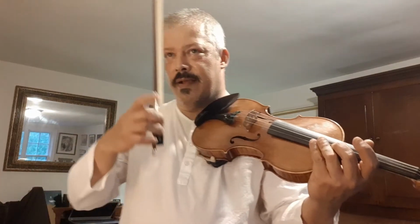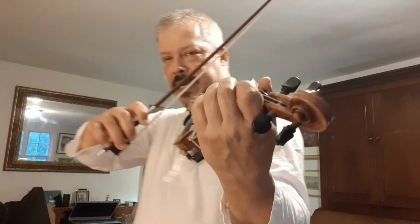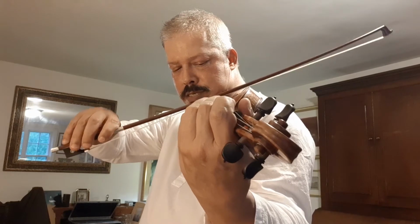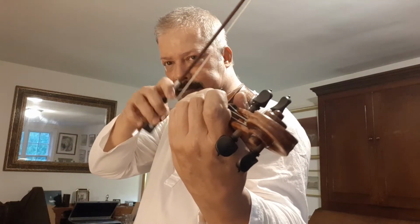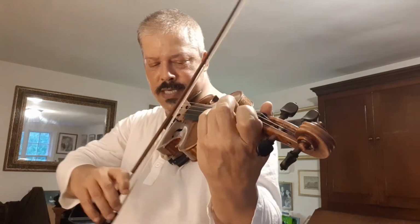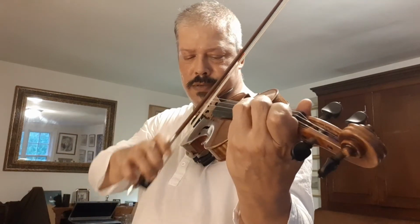This preliminary exercise here of practicing up, lift the bow off, balanced only in the fingers, place it, bend the thumb, lift it off,